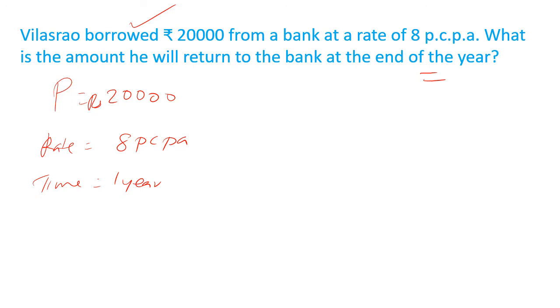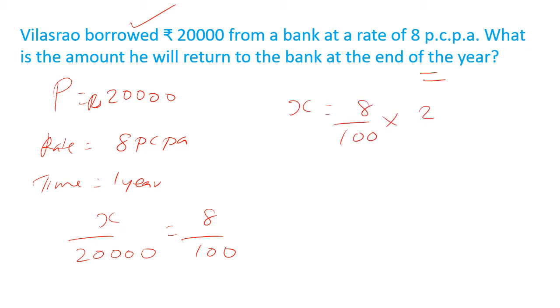So again we will say X if it is 20,000 rupees and 8 if it is 100 rupees. Correct? So what we will do? X is equal to 8 upon 100 into 20,000. On the left we multiply by 20,000, and on the right also 20,000, then we cancel it. We do not need to write all this now, as we have grown up. So you will have 8 twos are 1,600 rupees. What is this?